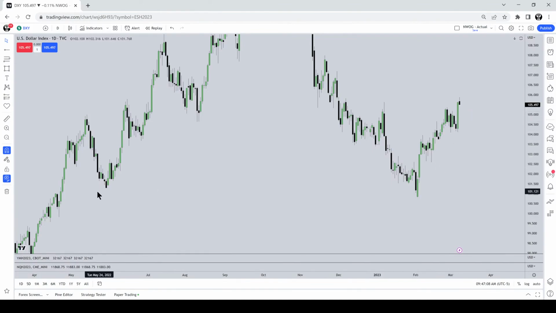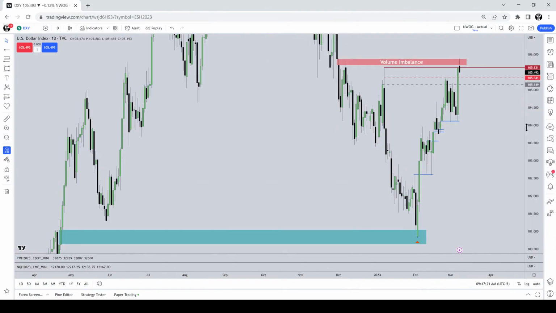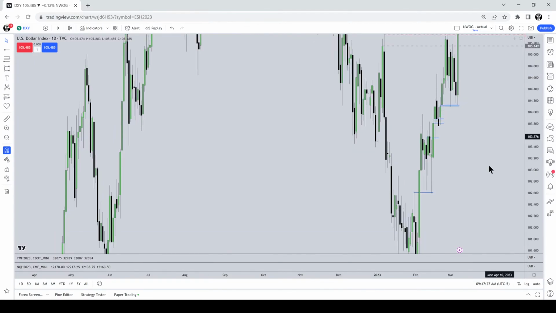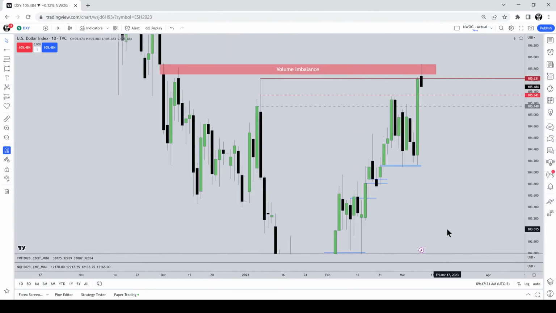Okay, so I'm going to add the lipstick here so that way you can see. We looked for this down here, then from here, we waited for the shift in market structure here. We're bullish all through here. Volume imbalance here. Rallies up, another smaller little volume imbalance in here, which we traded back down into yesterday